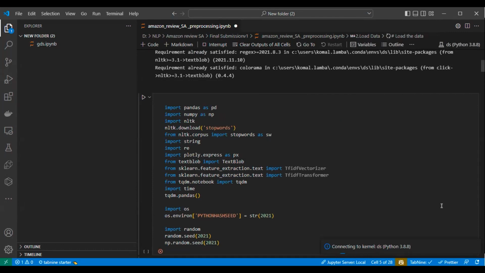Actually, if we connect with the kernel now, you can see the outputs at runtime. You can see how tokenization, lemmatization and stop word removal are working, and how we are getting the outputs. Let's try once, if we are able to connect with the kernel.